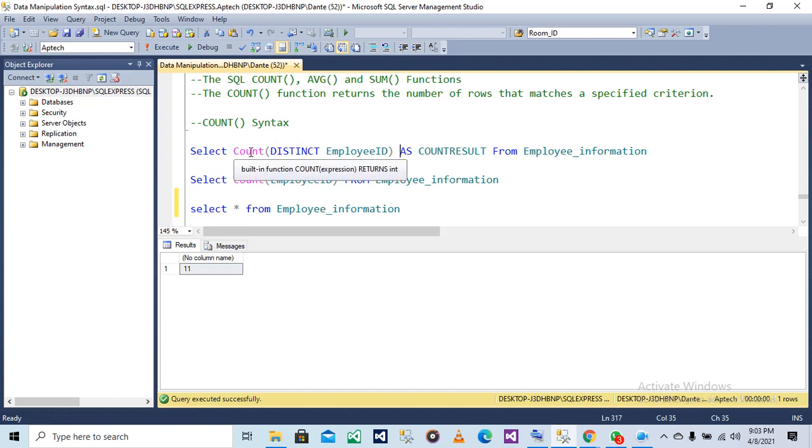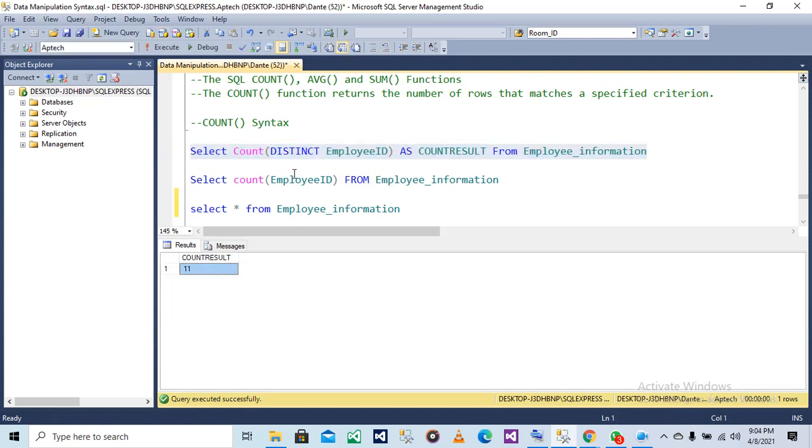So you're just trying to count the employee ID in the table, although this will still give us 11 because the employee ID has unique values. There's no repetition, so it will give us 11. So count the distinct, that is, count the distinct value of employee ID. So if employee ID has repetition of values, it will just pick only one and count it. Then give us the result as count result from employee information.